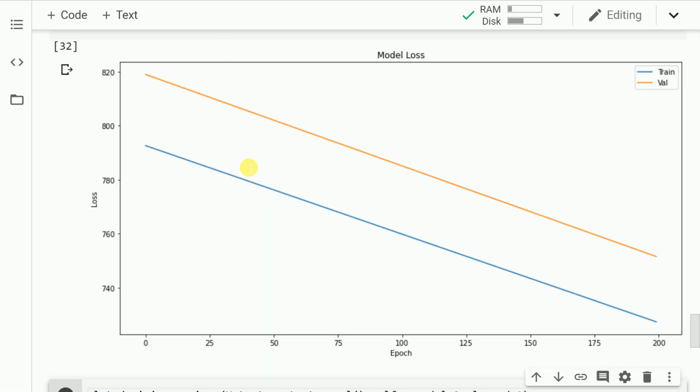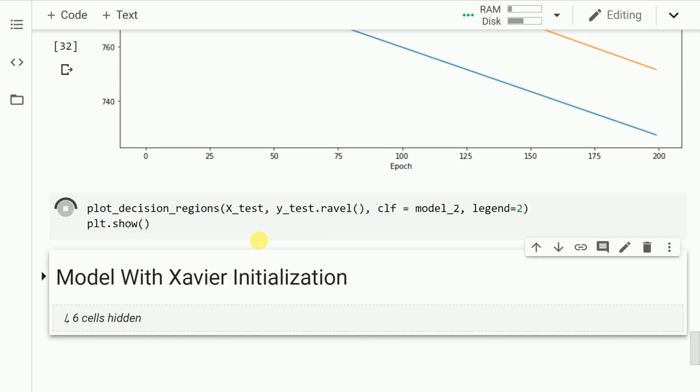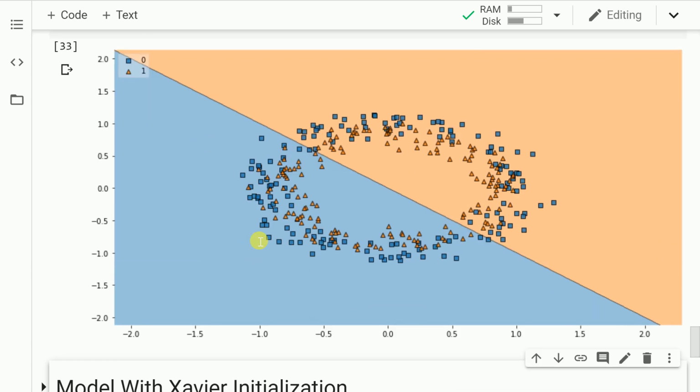As you can clearly see, both training as well as validation losses are going down with increase in epochs. So it's doing a better job as compared to the previous model. But the only catch here is it will take a good amount of time to converge to the optimum weights. So this is the problem that you have if your model weights are really large. Let me also go forward and plot the decision boundary. So this is the overall decision boundary that has been generated.